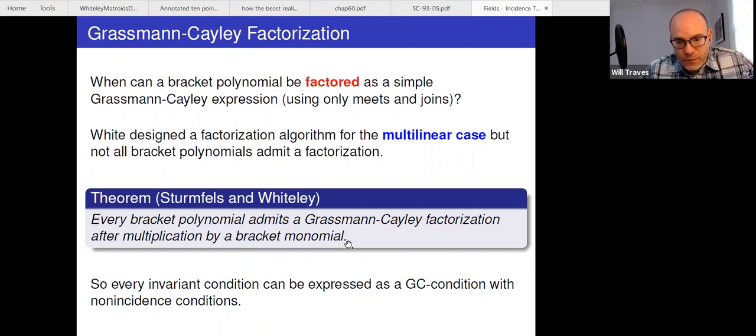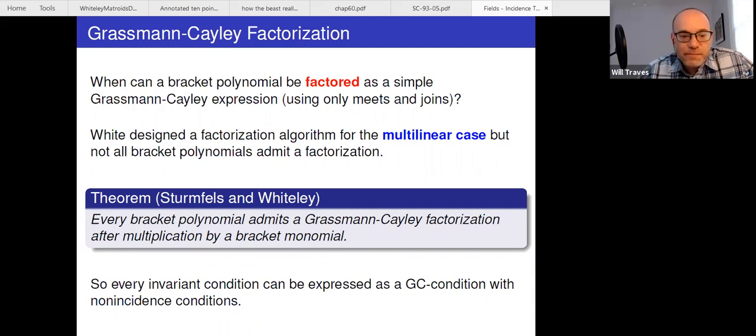And in fact, the original proof of this says the monomial is of some astronomical degree, which makes the proof a little hard to implement in practice. But